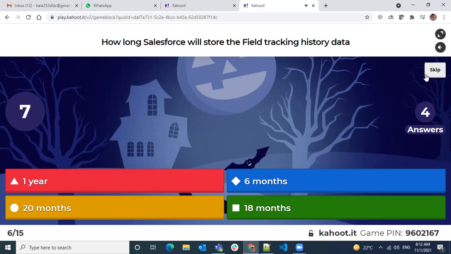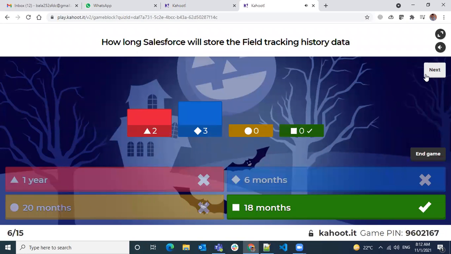Okay, more answers are correct. So it's 18 months. Salesforce is going to store the field tracking history for 18 months. Isn't it 6 months? No, I might have told 6 months, but actually it is 18 months.